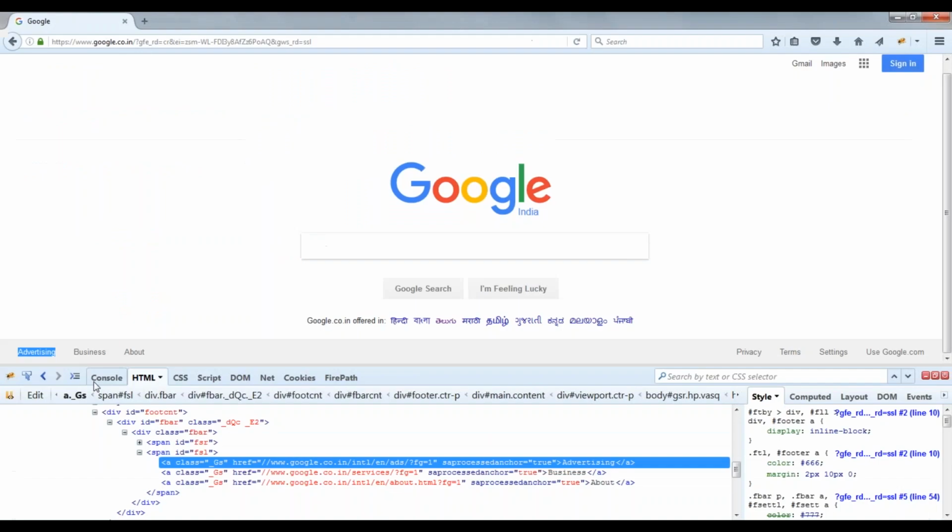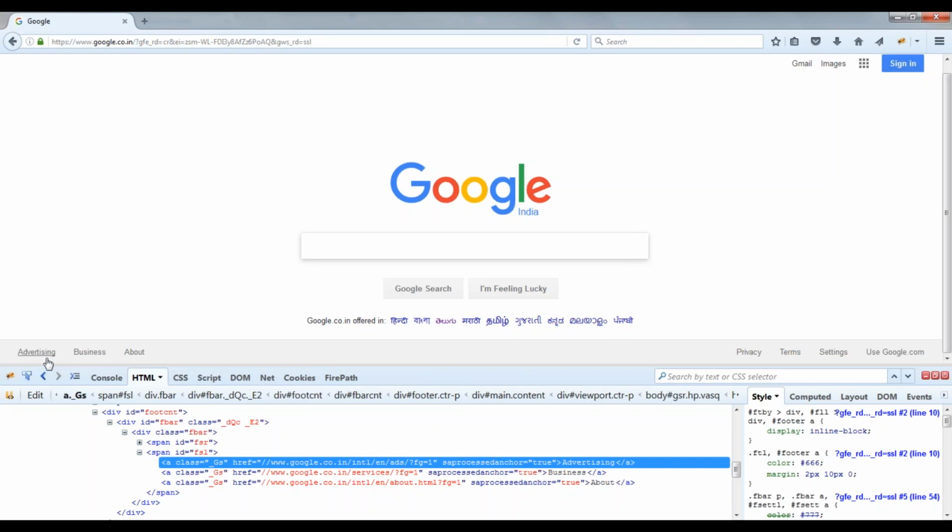Here I will not send any keys because it is not input. I have to click on this particular link. Because on each and every element you need to perform some different operations, either entering some value or clicking on something.